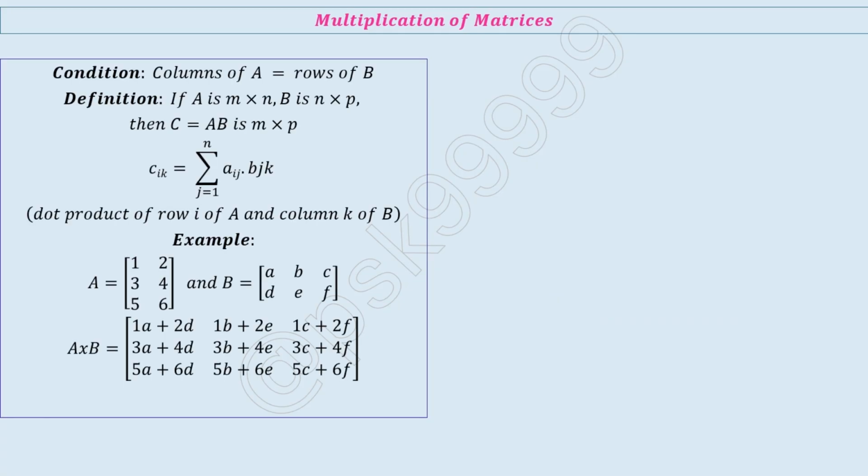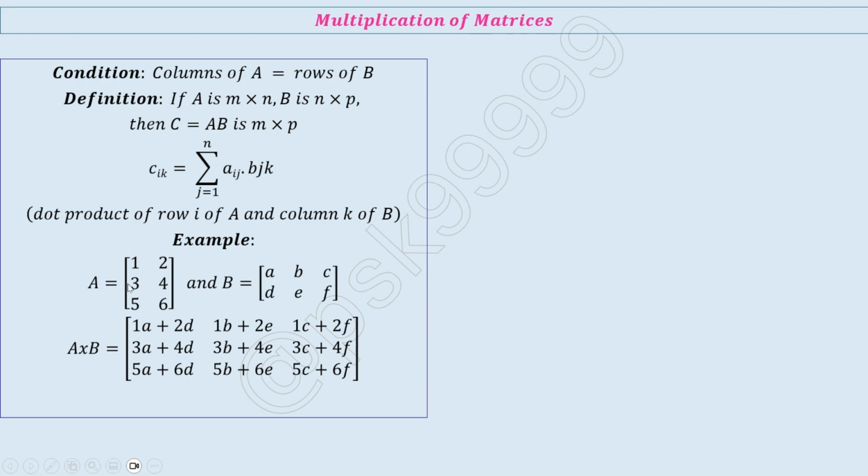Now let's understand the matrix multiplication. Okay. Condition is, if you want to do multiplication of matrix A into matrix B, then columns of A should be equal to rows of B. Okay, this is the very important condition to remember. Only then multiplication is possible. Otherwise, multiplication is not possible. Okay, you can go through the definition here, but how it can be done is,